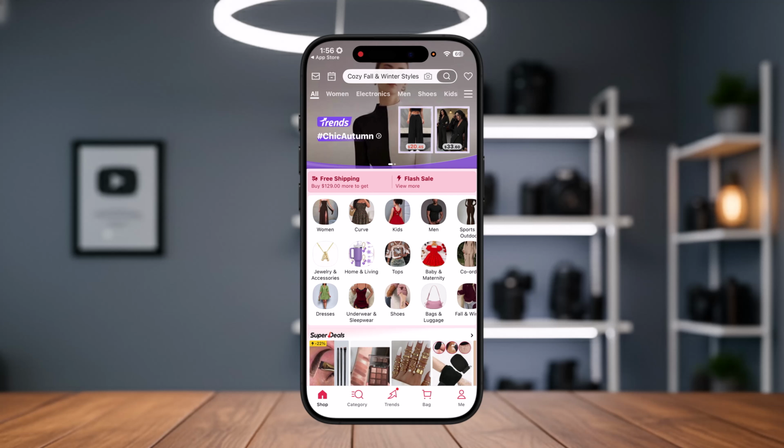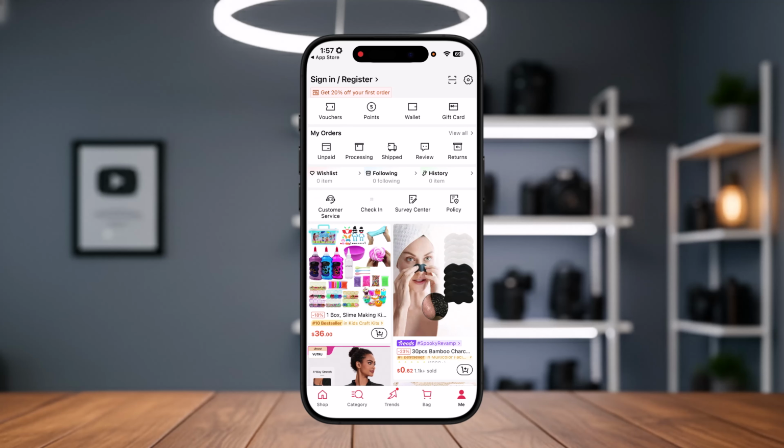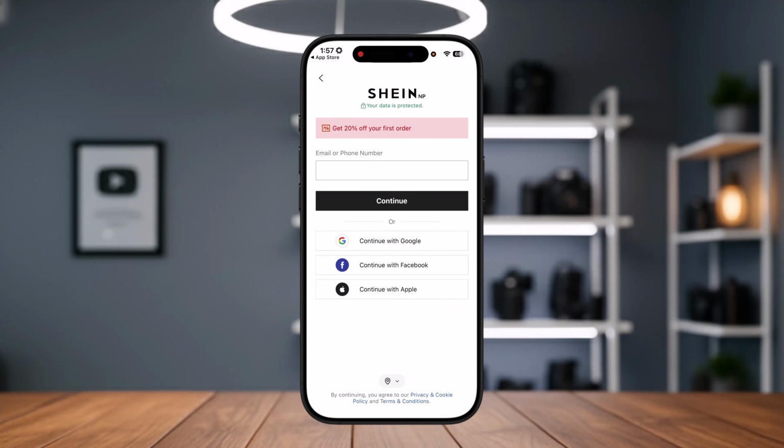Once you've opened it, you're going to be on this page right over here. On the bottom right, there is going to be a Me tab that you can simply tap on, and on the top left, as you can see, there is a sign in / register button. Simply tap on that,